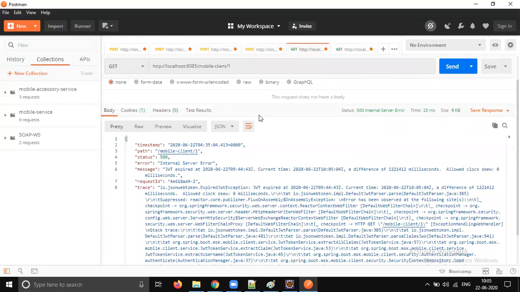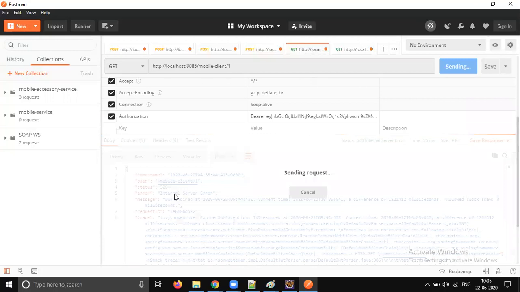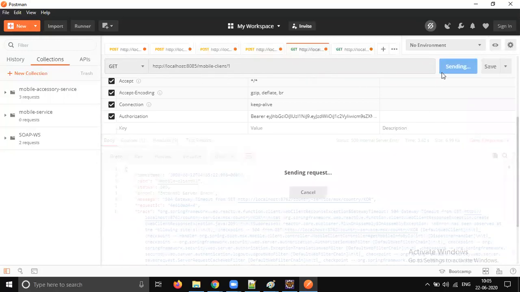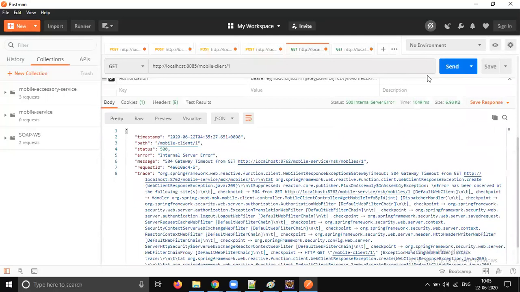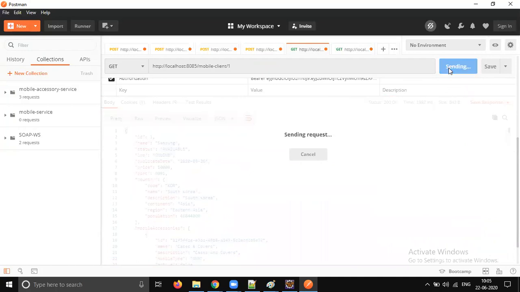Copy, come back, go to headers, change the token, send it. Maybe a gateway timeout happens. That's fine. Just try a couple of times. We need to increase the timeout. Don't worry. Yes, you see that 8091 is giving the response, right?